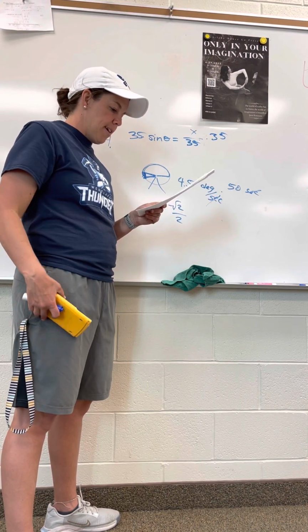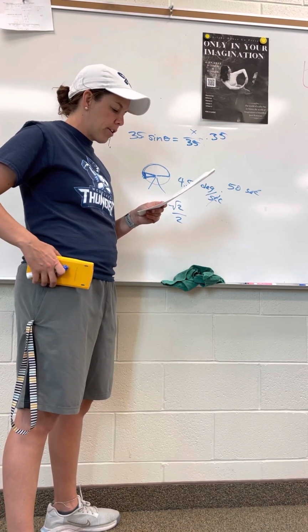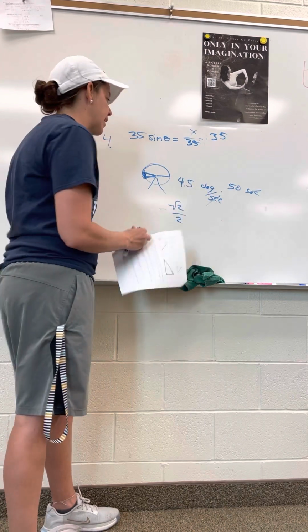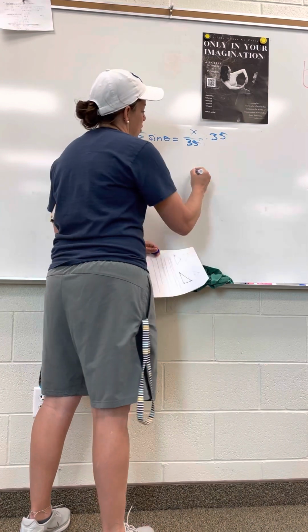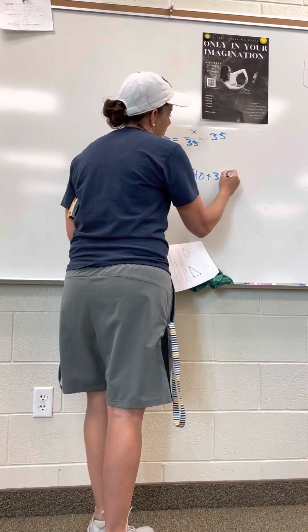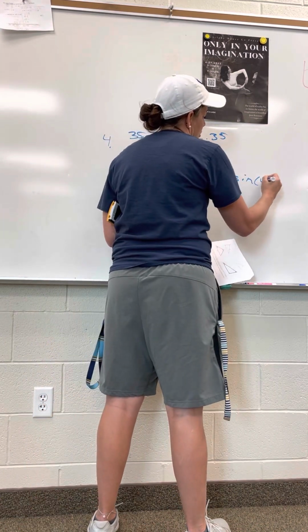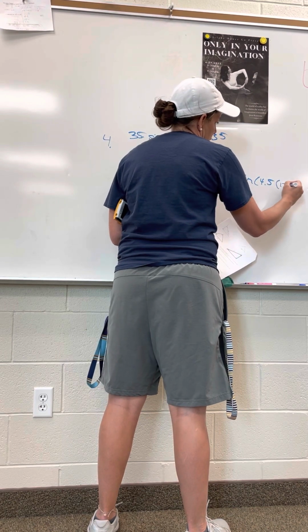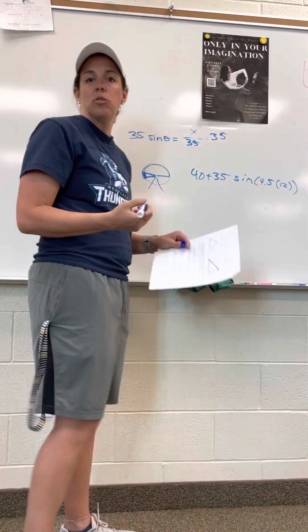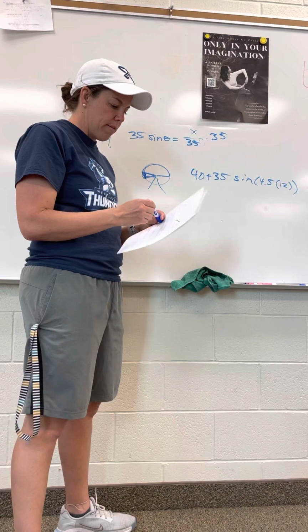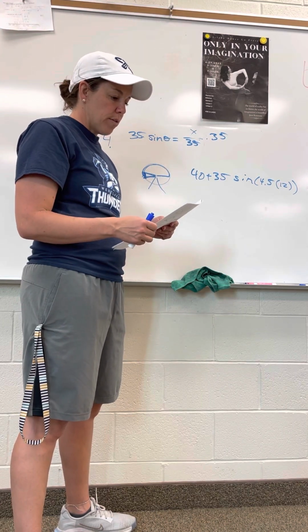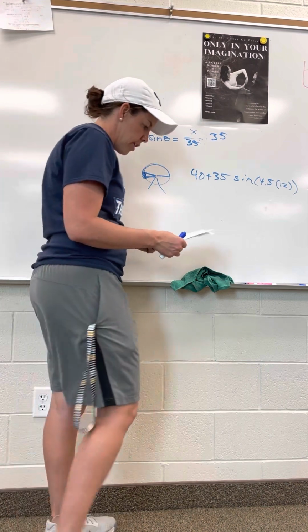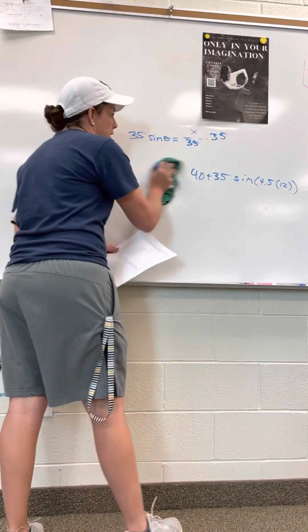So that was E. F, how high above the ground are you after 12 seconds? So I already erased it, but we're going to go back to our formula. 40 plus 35 sine 4.5 times 12. So just more practice with that formula. That's how high above the ground we are at 12 seconds. Okay, so now on the back, as you go on to G and H,